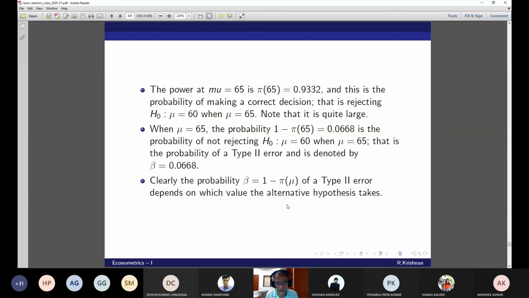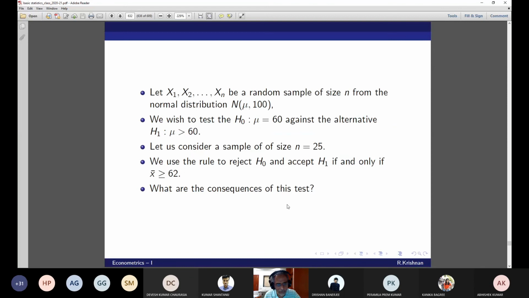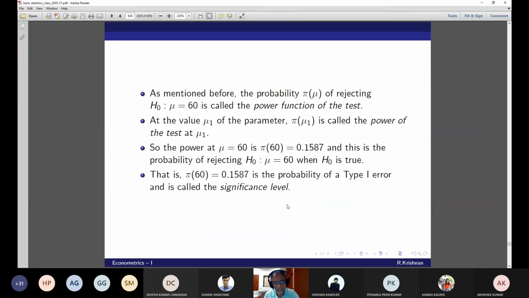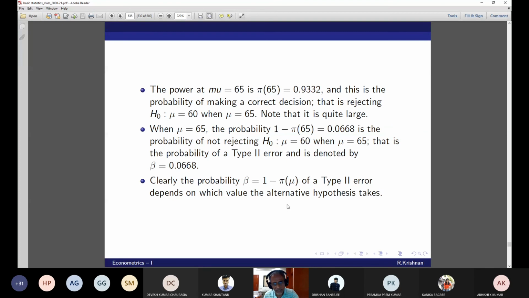Okay. So that is why I said the alternative is important, isn't it? Because your alternative is mu greater than 60. It could be 61. Here I evaluated 60 itself. Here I'm evaluating at 65. You can evaluate at 63, 64, 65. Any mu which lies in the alternative hypothesis, we can evaluate the power at that. Now you tell me, now you see the common sense term. What will be pi(61)?